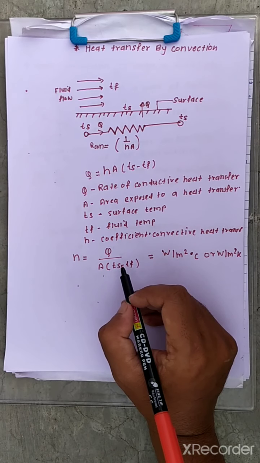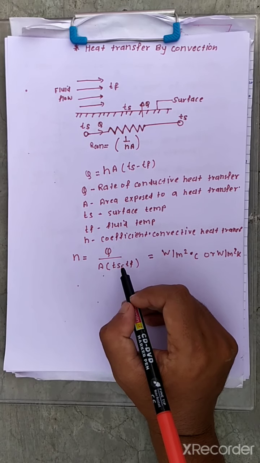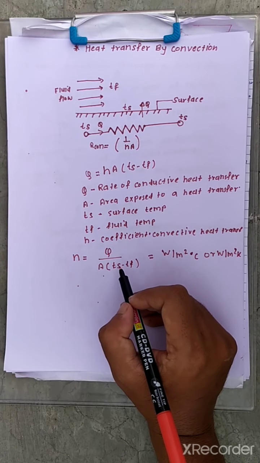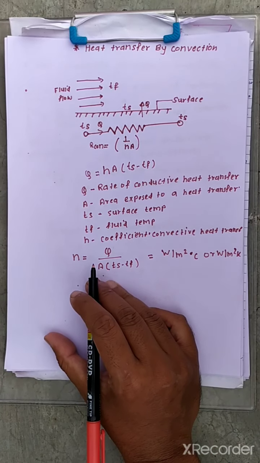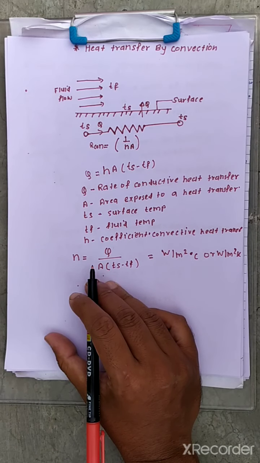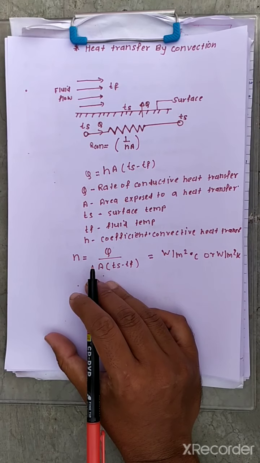The value of h depends on, first, thermodynamic and transport properties, that is viscosity, density and specific heat; second, nature of the fluid flow; next, geometry of the surface; and fourth, the prevailing thermal conditions. Since h depends on several factors, it is difficult to frame a single equation to satisfy all variations; however, by dimensional analysis an equation for the purpose can be obtained. The mechanism of convection in which phase change is involved is important in boiling and condensation.